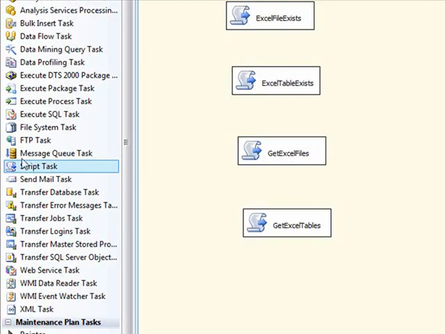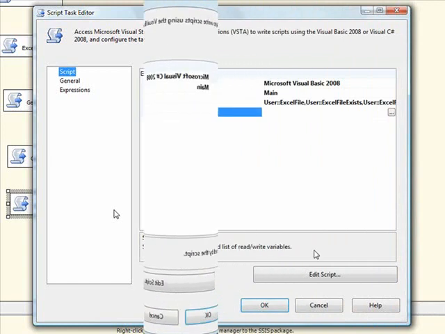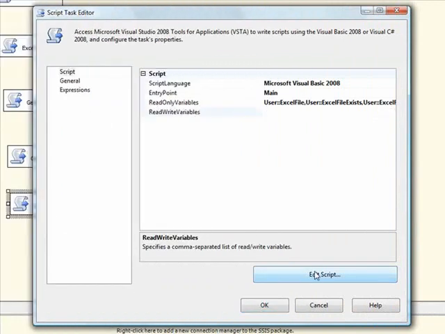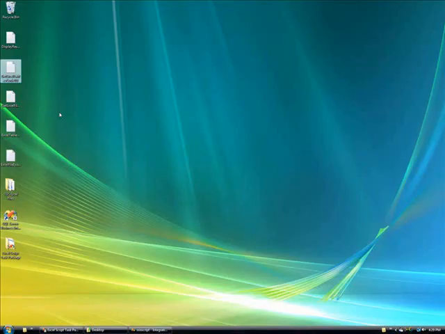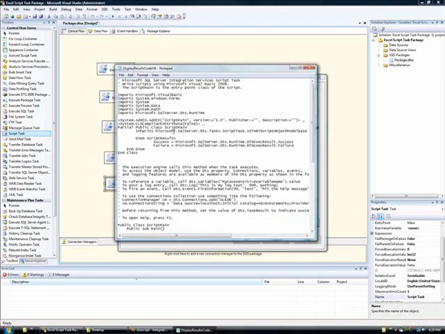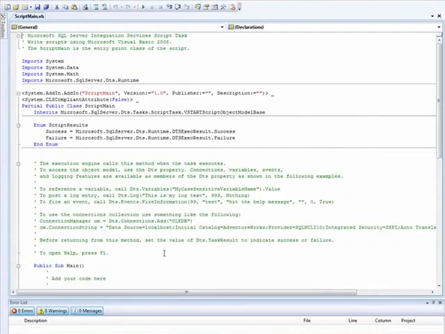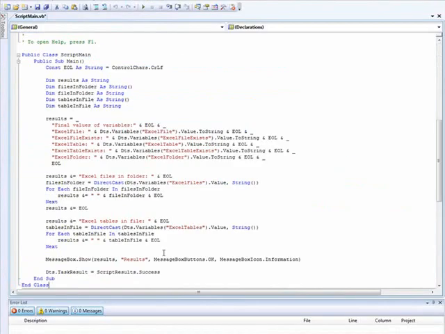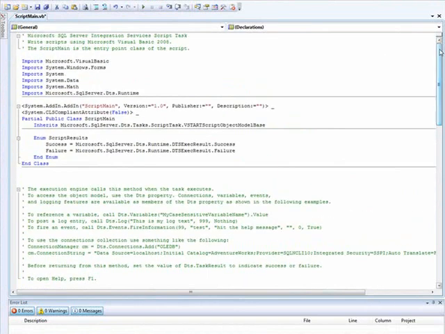Lastly, our fifth script task will be called Display Results, and as the last script task in our control flow, it will prompt us with the outputs of the previous four script tasks. After making the necessary modifications to the script task, including setting its read-only variables to all 7 variables we created for this package, leaving its read-write variables blank, and adding and saving the necessary code in the VSTA IDE, we'll